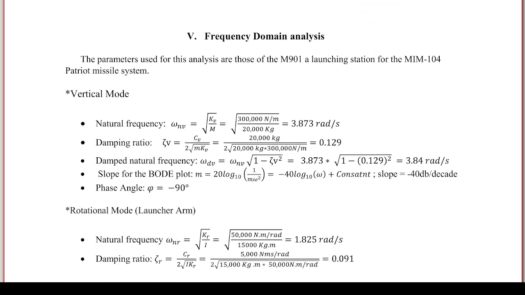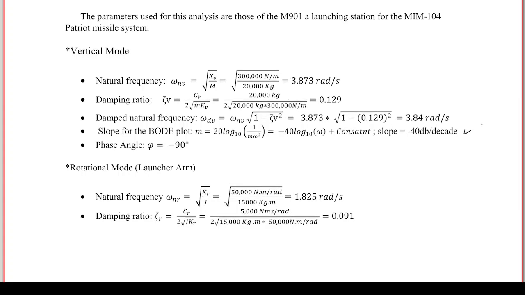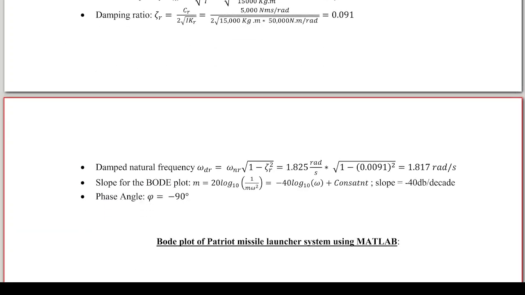Again, from there we went to frequency domain analysis. For the frequency domain analysis, we calculated our natural frequency, our damping ratio, and the damped natural frequency, and got the slope for our Bode plot. For the Bode plot, we got a slope of minus 40 dB per decade. We did the same thing for the rotational mode of the launcher arm. We found a Bode slope of almost minus 40 dB per decade also, and a phase angle of